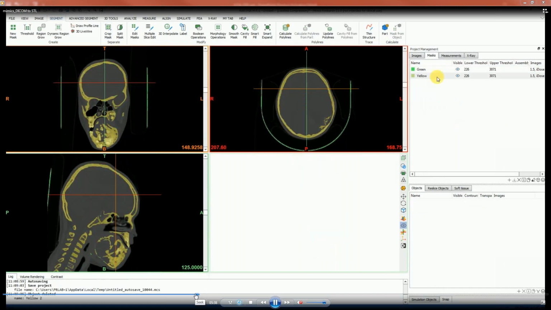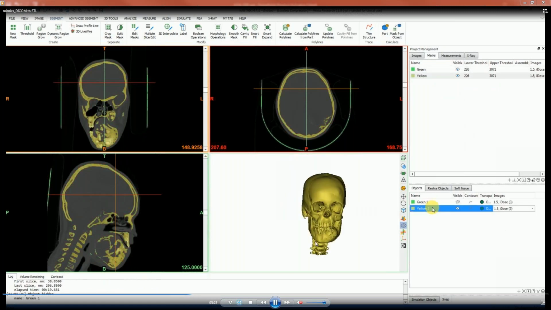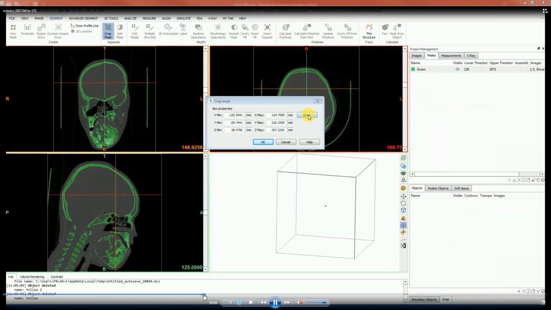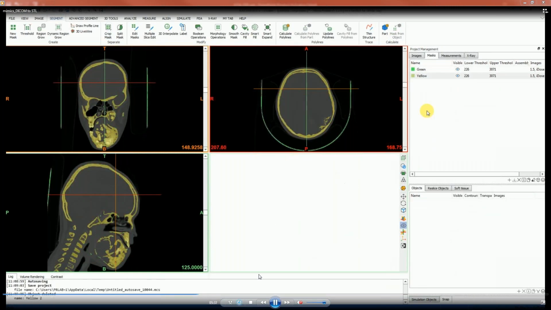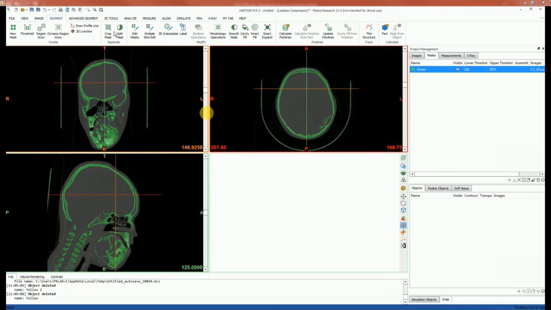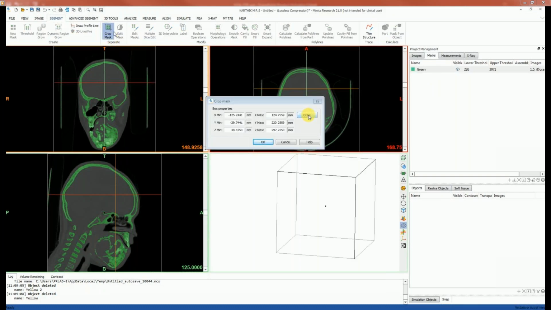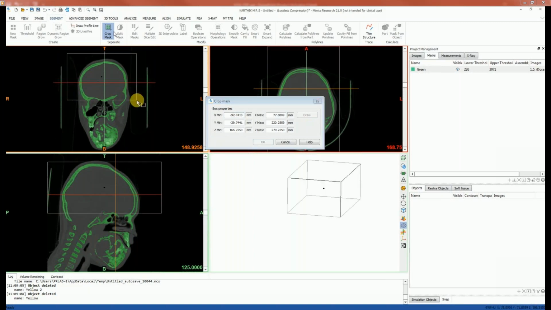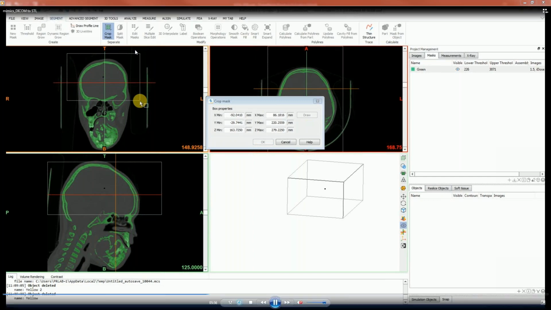And coming to the crop mask. See, the crop mask tool is like highlighted. If you wish to concentrate on one part only, it will select that part. You see here I'm selecting only the skull, I mean the cranium.